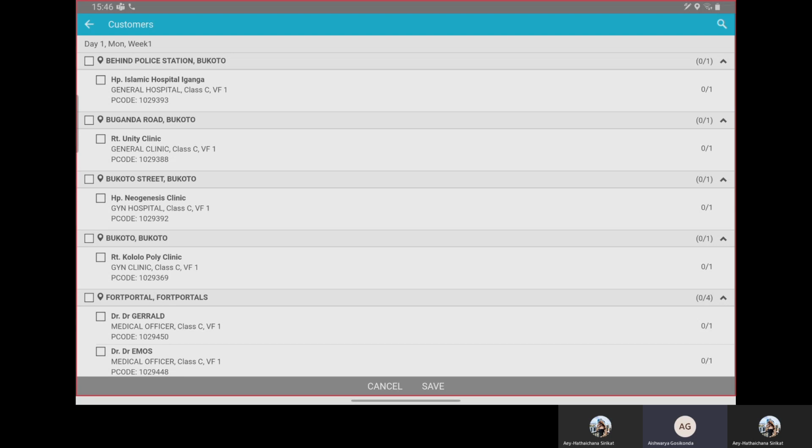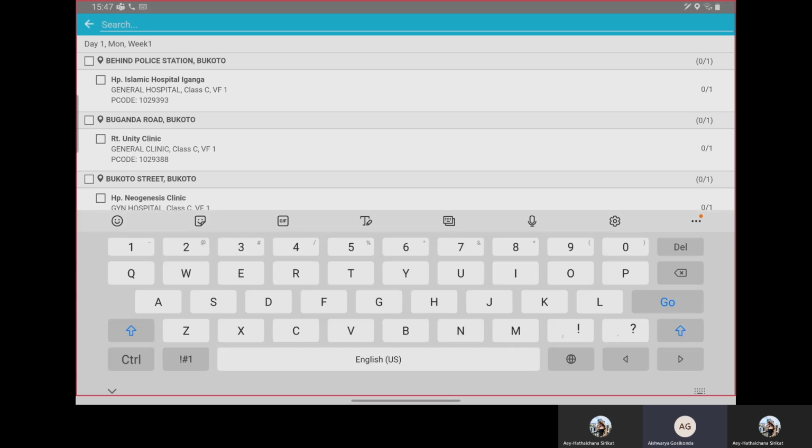So here you can search for a customer. On this screen, I'll first explain how it looks and what each word on this screen means. In the right side corner, if we click on the search button, you can directly search the customer by name, because in a single rep's customer list there are more than 100 customers. Like if there are 70 doctors, 80 retailers and 50 hospitals, it is over 150. I can understand you cannot scroll through each and everything.